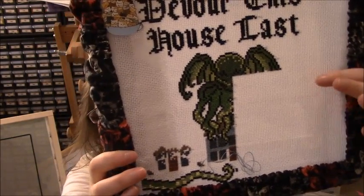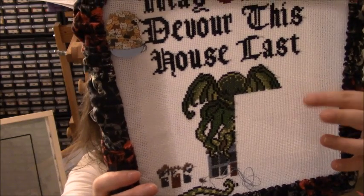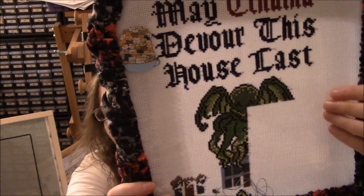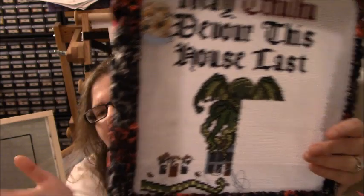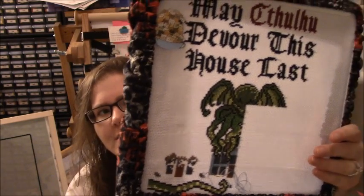So then I was thinking of adding the stars, in between, on the side of Cthulhu, obviously under the words, but above the houses, because this is the first variation I would ever do from any pattern that I've ever stitched, so we'll see how it goes. But I don't think it would be that difficult to just randomly place some stars where I think they would look good, so we'll see. Besides that,